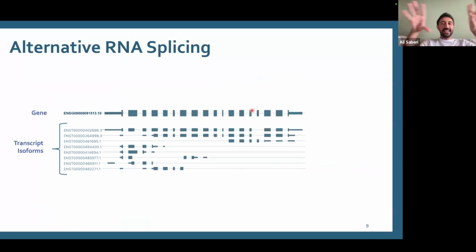We have this DNA, and in some part of the DNA we have this gene, and as I explained, we have this splicing process where the introns are removed and some combination of exons is selected and ligated inside the final product. Depending on this selection and this splicing product,